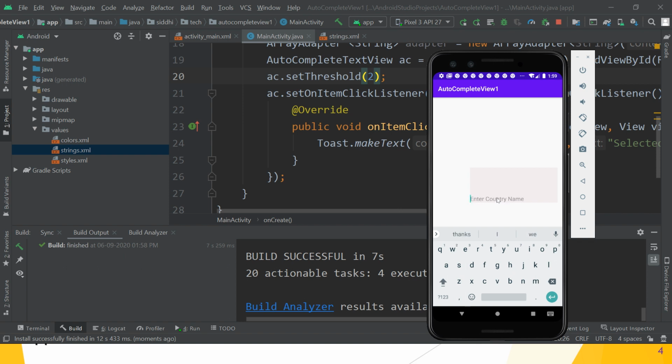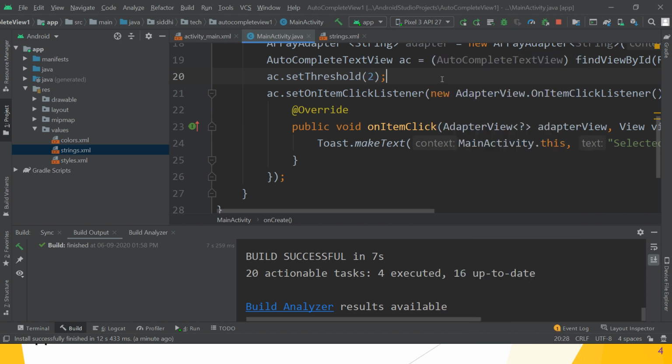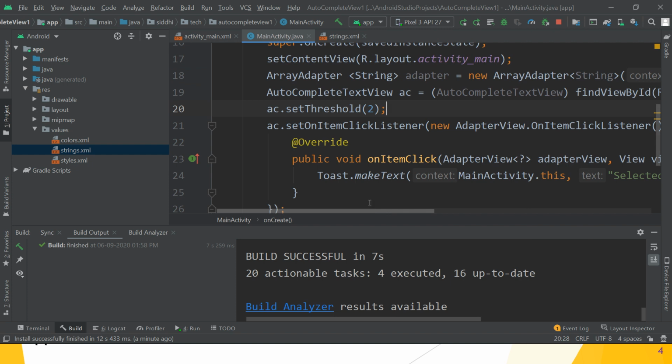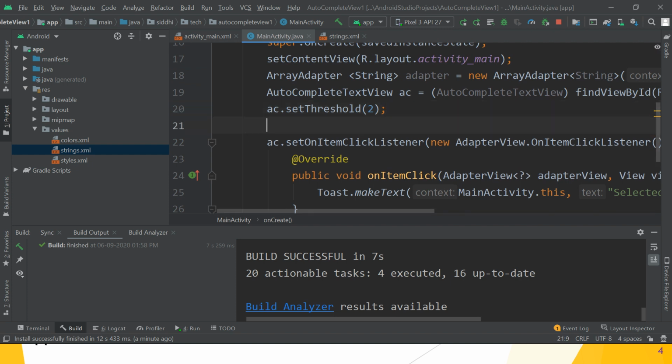Okay, so guys, one thing is remaining. What is that thing? We have set the threshold, but we have not added this adapter to your autocomplete text view. That is why. What is the code?